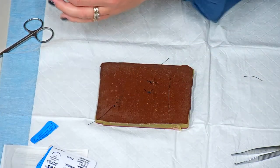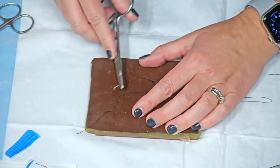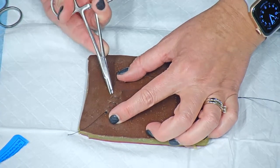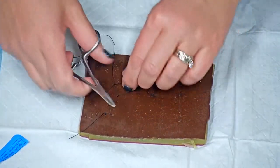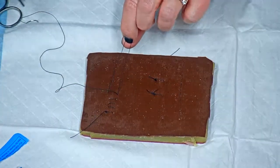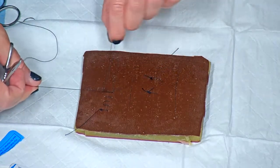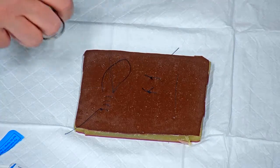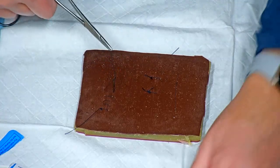We're going to now knot it off for one last time. So we're going to come in here, and we're going to come back out where you went in. So you'll go in, out here, and this time we're going to leave the tail here, okay? And so it will be a little bit thicker because there's two, and you want to grab right at the top. So we'll go 1, 2, grab at the top, pull that right through,